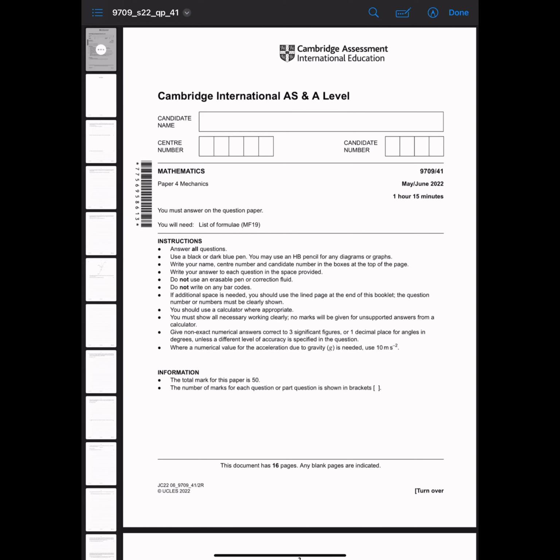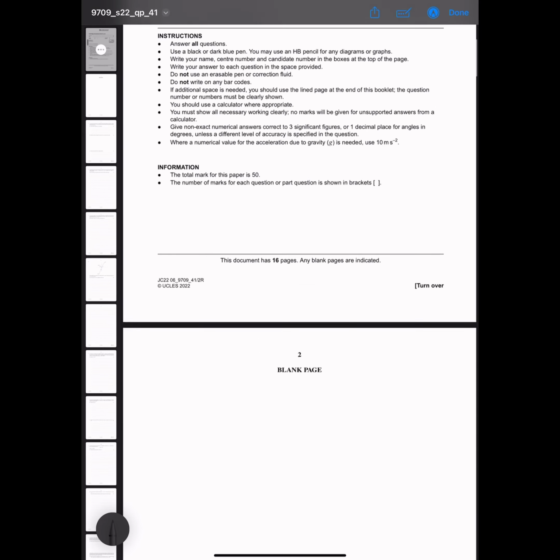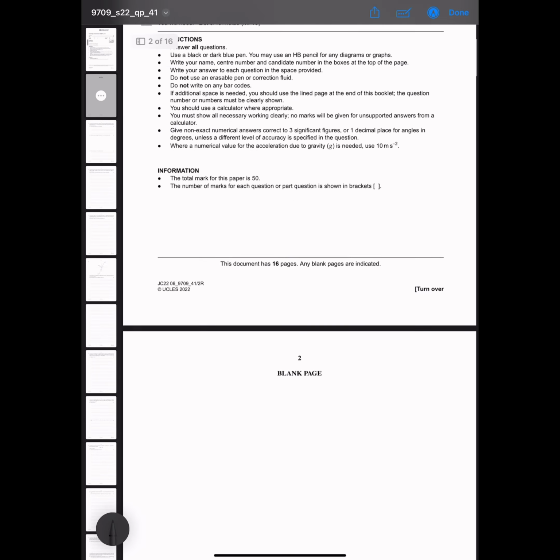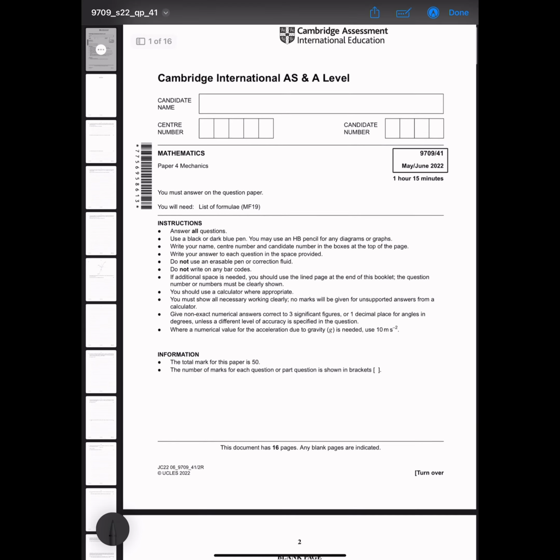We are solving today paper mechanics, paper 4-1, May June 2022. First question of this paper is: